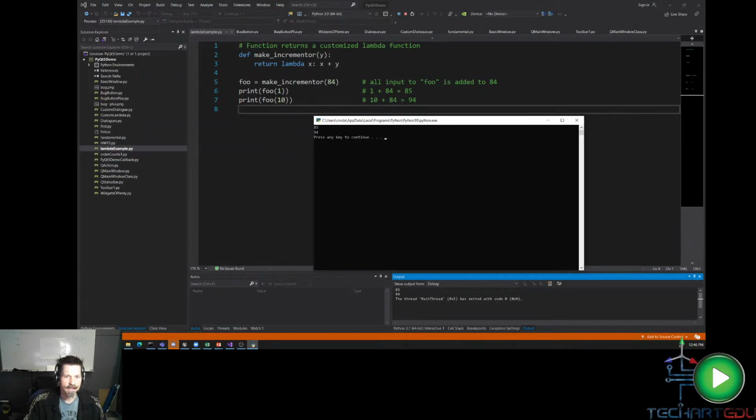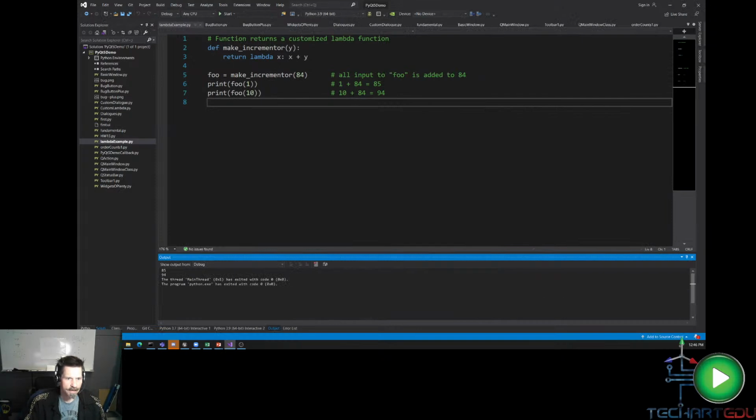Okay, very simple. It just basically took 1 and added it to 84, which returns a sum of 85, and 10 plus 84 equals 94. And so Lambda is a way of creating customized callback functions when working with PyQt, because PyQt is kind of limited in the way that it presents its